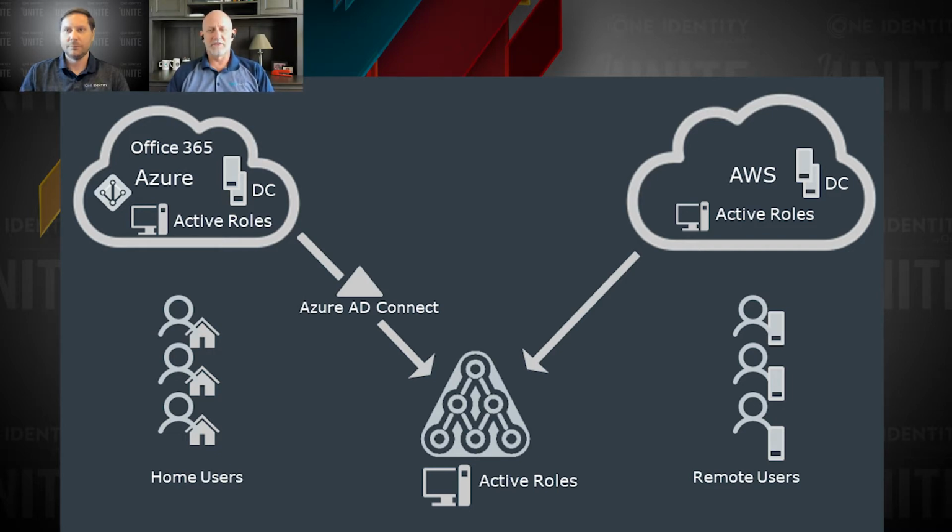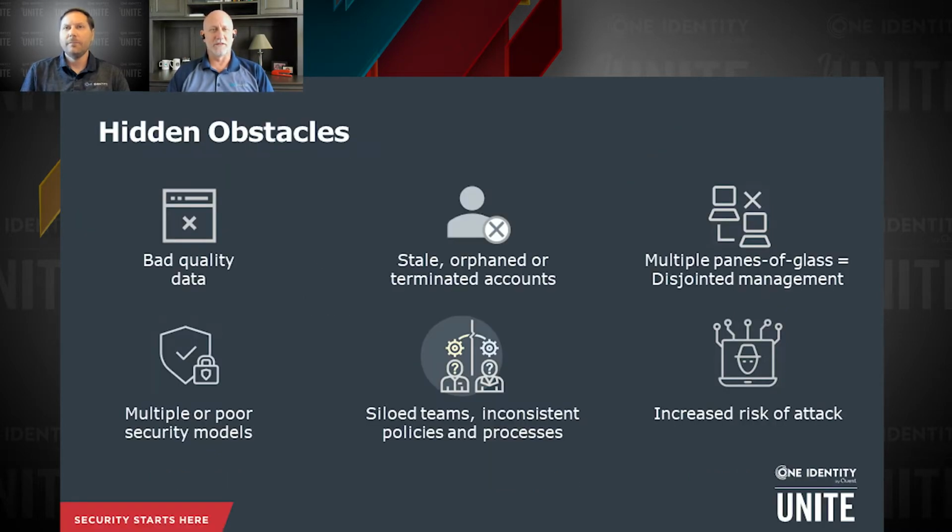So with that, let's talk about some of the hidden obstacles that we're going to be addressing. Wayne, please. Sure. One of the things about cloud migration, whatever you'd like to call it, I know migration is probably not the right word, is that there are a lot of things you don't necessarily think about, some you do, and I wanted to spend a couple of minutes today talking about what some of those are. The first one we want to talk about is bad data quality.